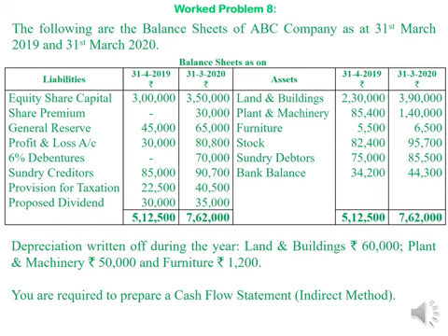That has to be added back to find out cash flow from operating activity. Profit and loss account, we have to take the difference between the two to find out cash flow from operating activities. 6% debentures, 0 and 70,000 is given. 70,000 worth of debentures have been issued during the year. It amounts to inflow of cash on financing activity. Then sundry creditors is increasing. Increase in current liability results in increase in cash.